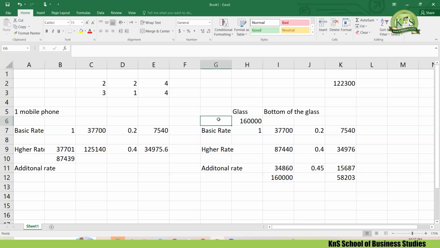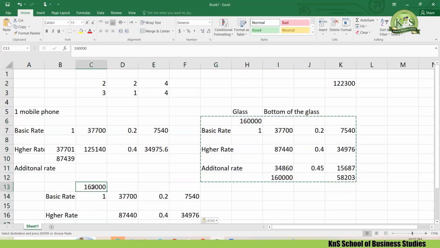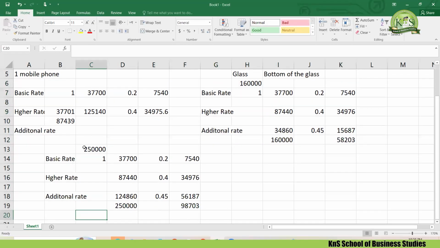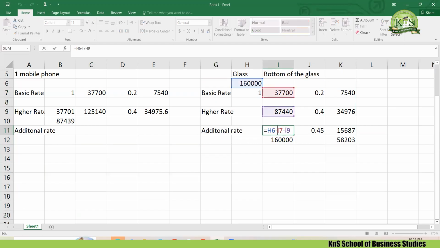You can solve this figure question within 1 minute. You don't need to spend much time. See what I'll do. I'll copy this proforma and paste it over here. I'll apply 250,000 over here. Now see, I can even link this 250 as well. Okay, wait a second. Let me put this figure over here. Okay, I think I used this figure.